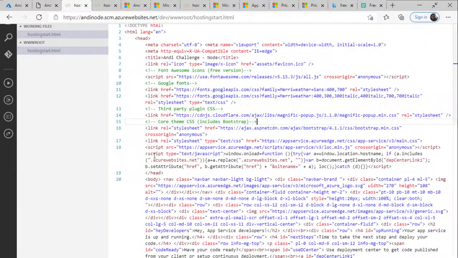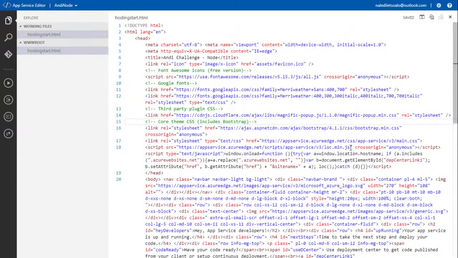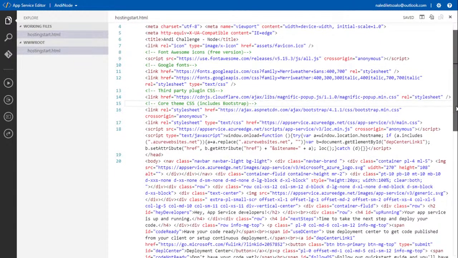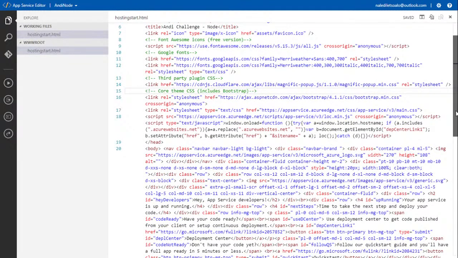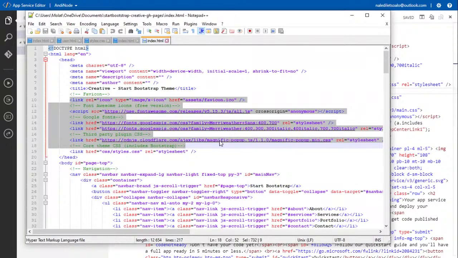So let's go to this particular one over here that we're making some changes in. We kind of included the links at the top, which allow us to do some styling, right? So let's now go to edit and copy and paste some more.